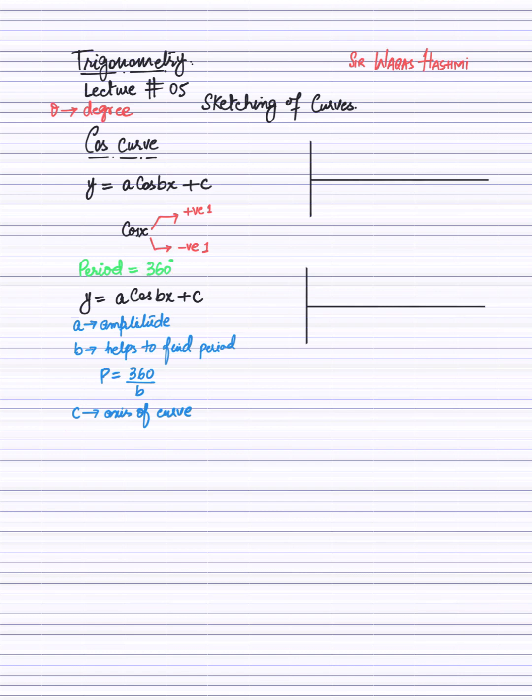कॉस का भी पीरियड 360 होता है। अच्छा पीरियड क्या होता है, मतलब 360 डिग्री में कॉस एक दफ़ा खुद को रिपीट करेगा। जनरल इक्वेशन क्या है, y = a cos bx + c, a एम्पलीट्यूड हाईएस्ट पॉइंट, b हेल्प्स टू फाइंड पीरियड। वर्किंग फॉर्मूला इज 360 डिवाइड बाय जो भी नंबर b होगा डिवाइड कर दोगे आपको पीरियड मिल जाएगा। एंड c इज द एक्सिस ऑफ कर्व, यू कैन से द स्टार्टिंग पॉइंट।